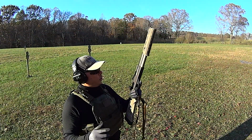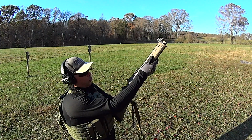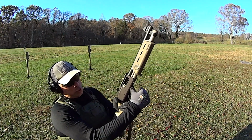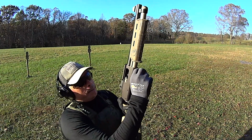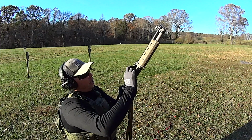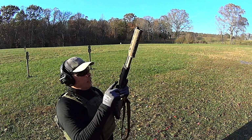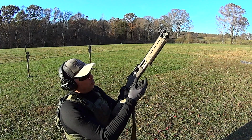Oh, you know what? And actually, I'll show you this real quick. When you go to unload a shotgun, you go to about halfway, and you push the elevator up, you press forward, and listen. Press forward on the mag, and the mag tube, the round that was in there has now been seated forward. And now at that point, you could actually open all the way, and you could drop a round in there and close it if you wanted to do like a slug or whatever, and close it, and you could go that way. If you want to unload, you open it, press forward again on the mag tube, open it